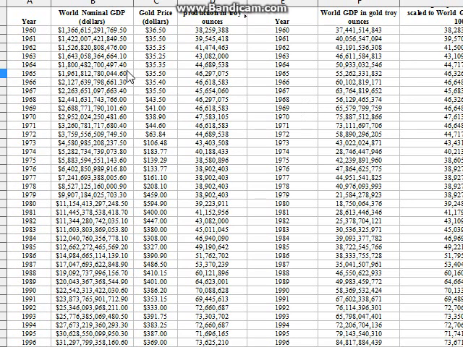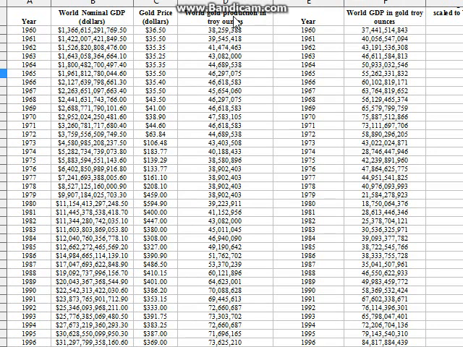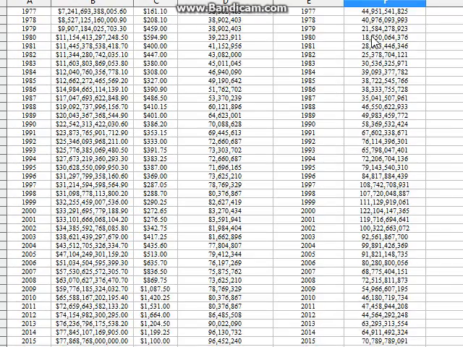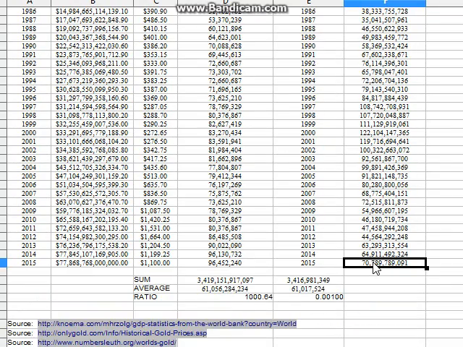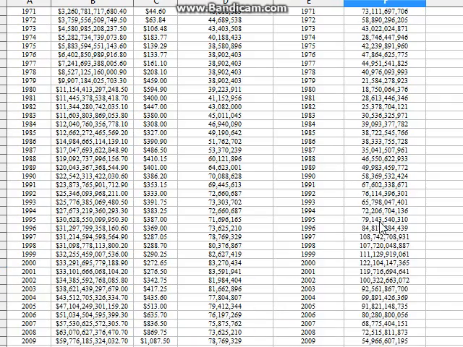All right, so the real way you want to measure world GDP is not in dollars, but in troy ounces of gold. This should be really our unit of measure to see whether world GDP was increasing or not. Here you see world GDP has increased since 1960. It was at about 37 million troy ounces of gold per year. By 2015, we're up to about 70 million troy ounces of gold per year.